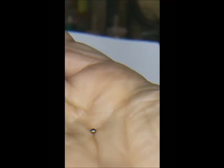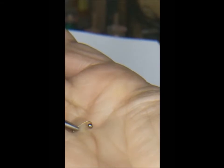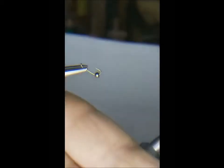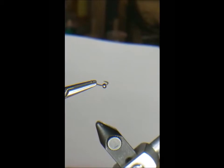I'm going to tie a size 20 Harvester Midge, size 20 hook, a TCM 100 with a 5/64 bead. The bead has two size holes, and I put it in the smaller end, the smaller one. Then I'm going to put it in that vise and tie the plain Harvester Midge